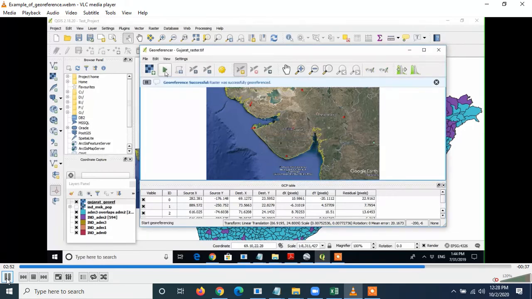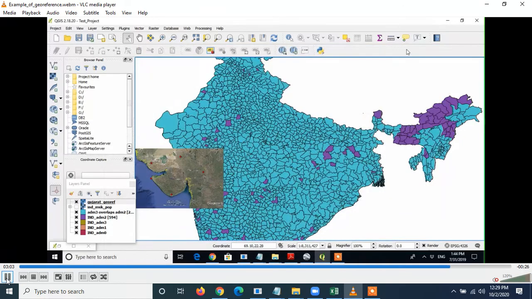Start georeference and it will be done. You can close this window of georeference after it is done.